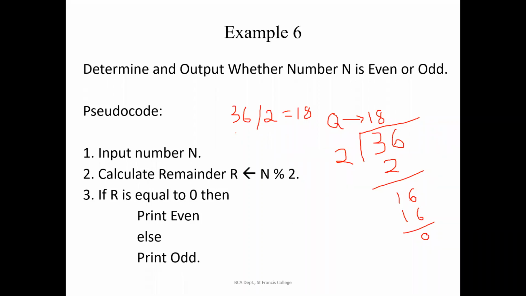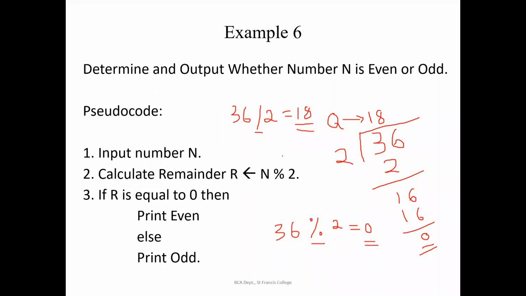Now, if you write the same thing with a different symbol, that is 36, if you are finding a mod value with the same number 2, we'll be getting the remainder. What is the remainder of this? So I change the symbol now. Here it is the division operator. Here I am using a mod operator. If I am using a division operator, I should be writing the answer as 18. If I am using a mod operator, I should be writing the answer as my remainder. In this, what is the remainder? Remainder is 0, right? Here when I am dividing 36 by 2, the remainder is 0.